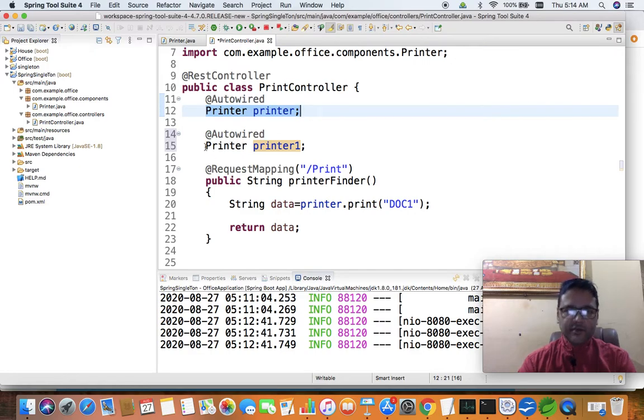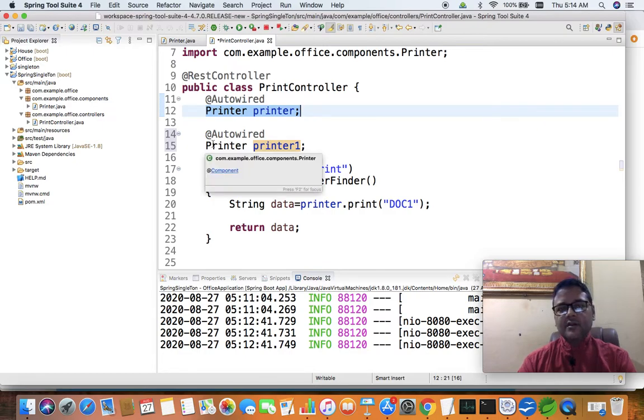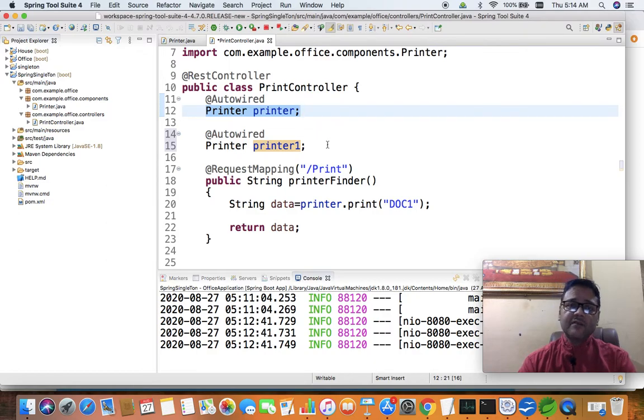It is not possible, or it should not be possible if you are going for the singleton design pattern, creating two objects of a class, which will break the singleton design pattern. I don't want to break. Let us see, is it getting broken or we are using the same object.